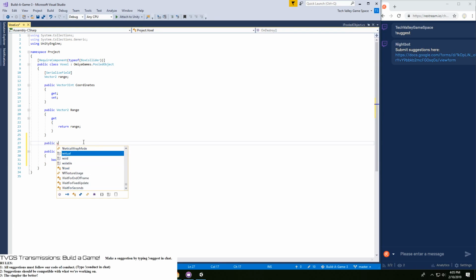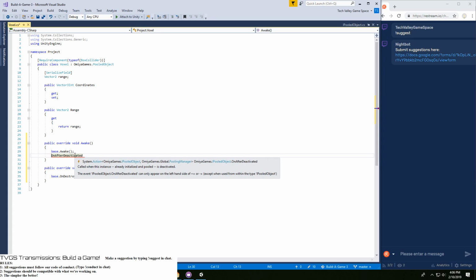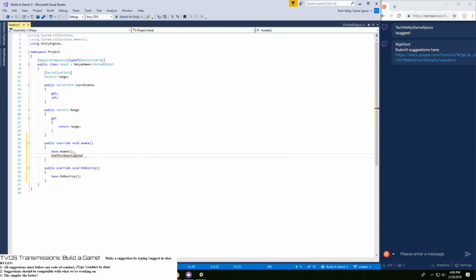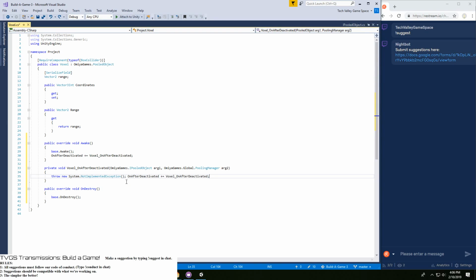Public override void. I guess I'll just do it on awake, all right. I'll do that, and then on after voxel deactivated, I will unbind.